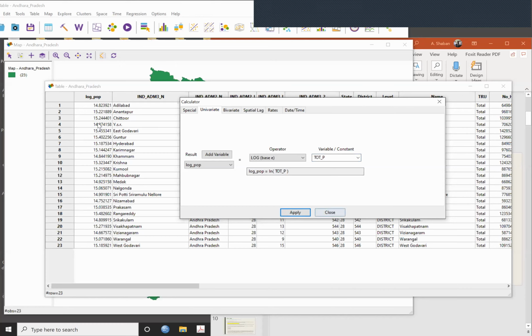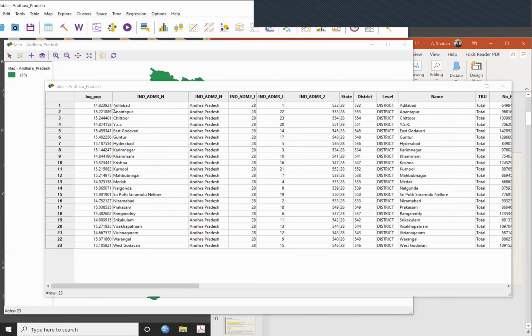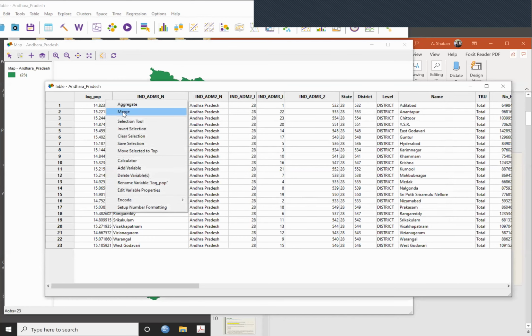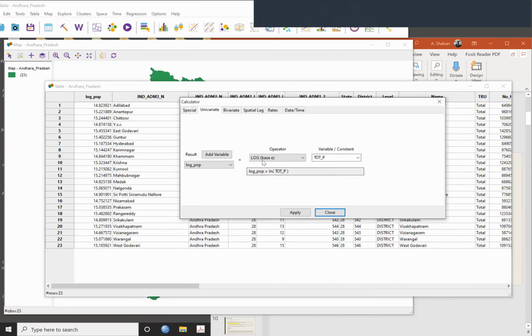So I just told you, similarly bivariate. If you go for calculation, for example, calculator, univariate can be performed, and first you add the variable, then you have this equation here. Bivariate means you take two variables, for example total population minus total workers. You can add, subtract, multiply, divide, power. Whichever variables you want, you can put into that.